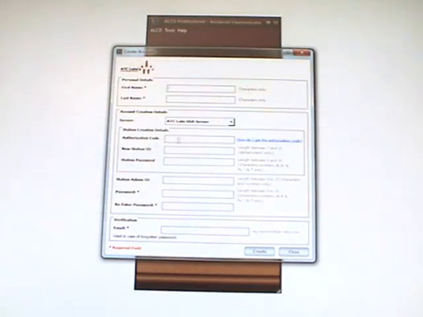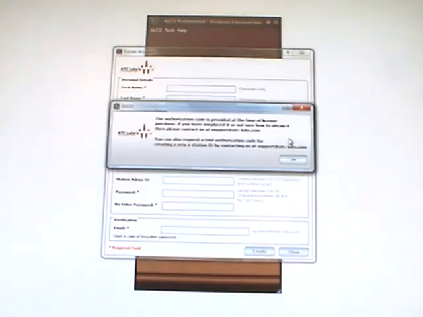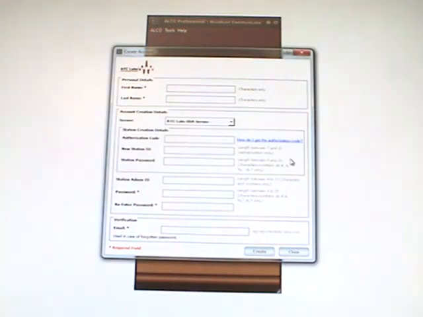Okay, authorization code is required, and how do you get the authorization code? The details are mentioned here. That is during the license purchase you can get the authorization code, or you can also request for a trial authorization code for creation of a new station ID by contacting us at support@atclabs.com. And the station admin who's creating the station ID would log in with his station ID, which is this field,